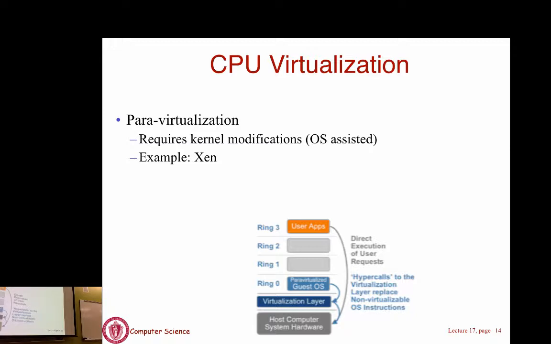Supposedly, I'm running my Ubuntu machine and I want to run it using this technology. What I need to do is make some changes to the kernel to make it actually work with the virtualization level that is employing this technology.